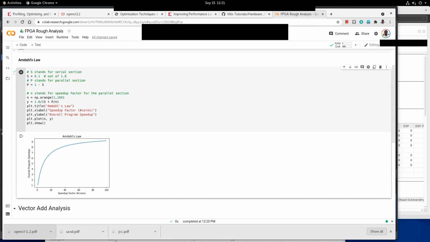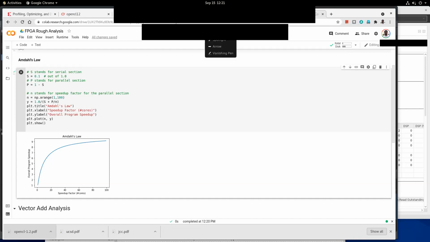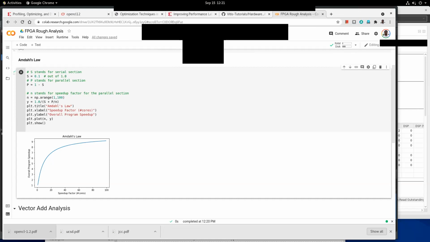So there is one interesting thing that you have to keep in mind when you are using this analysis. That is what is called Gustafson's law.